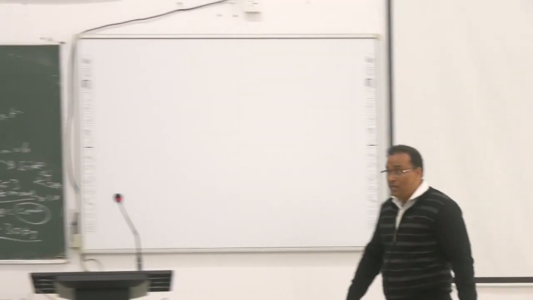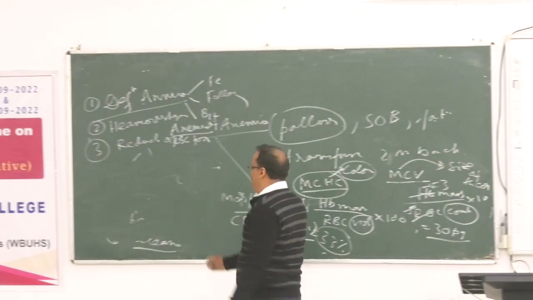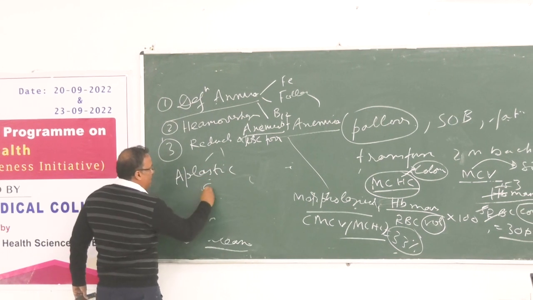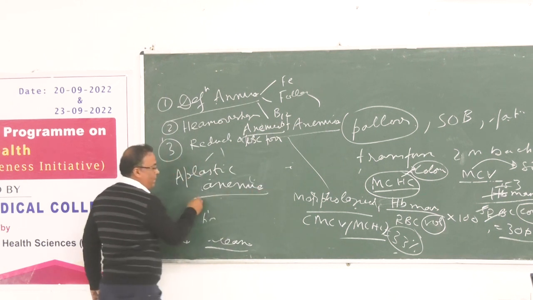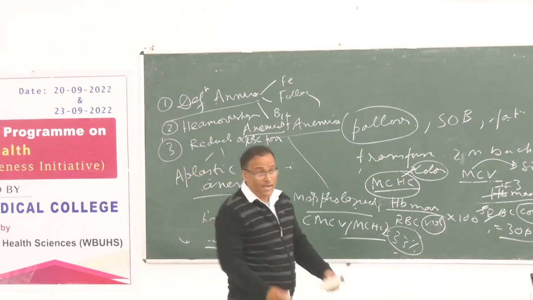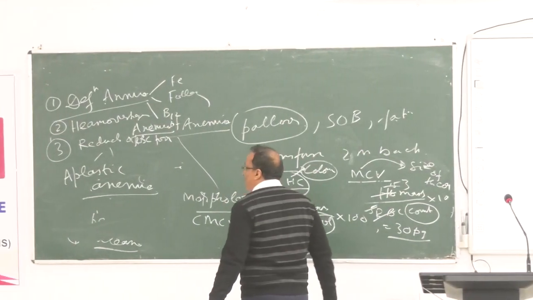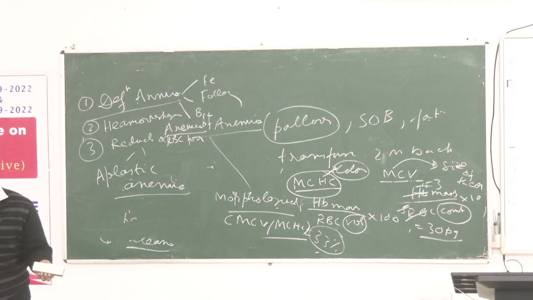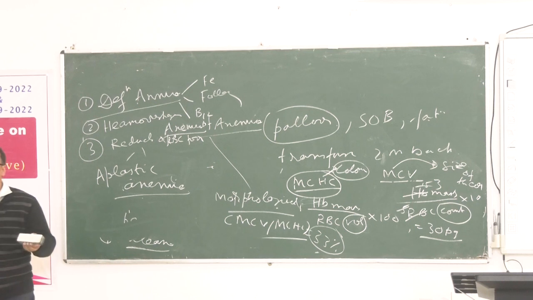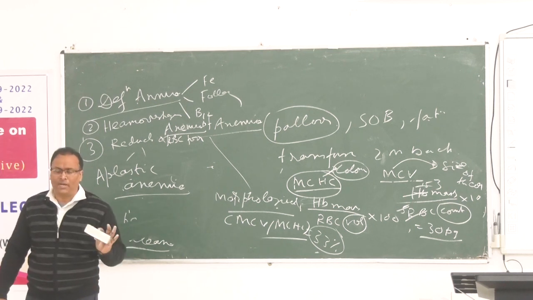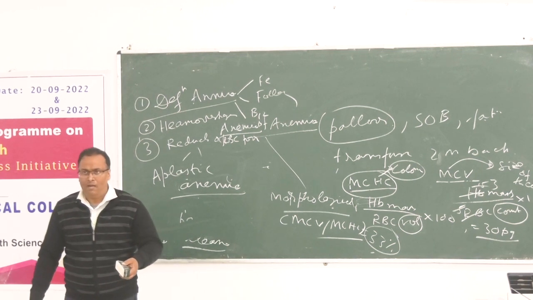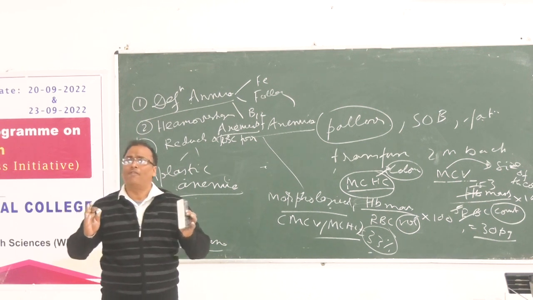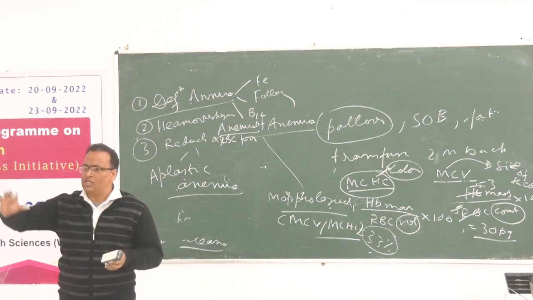The cause of that may be aplastic anemia. You do not need to memorize these completely; I am just giving an idea of what is happening in the classification. Aplastic anemia means bone marrow failure due to primary or secondary causes of some disease or drug. Suppose a cancer patient is taking methotrexate, chemotherapy. Or a patient is on long-term phenytoin, a drug used in convulsion, for 3 years, 5 years.